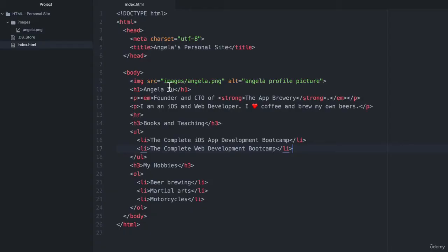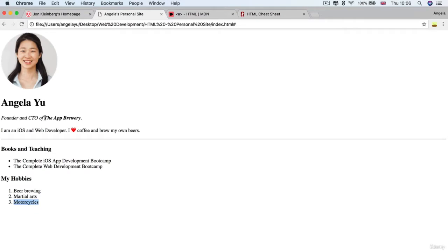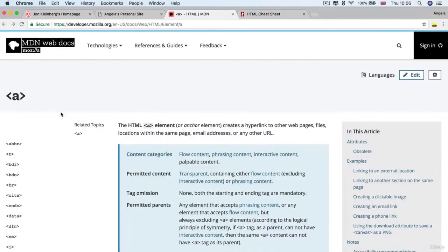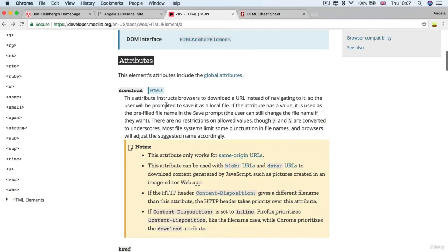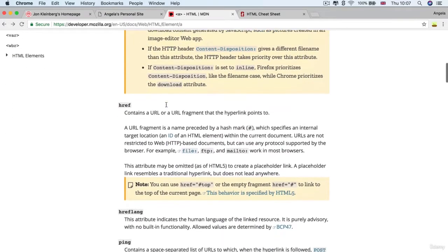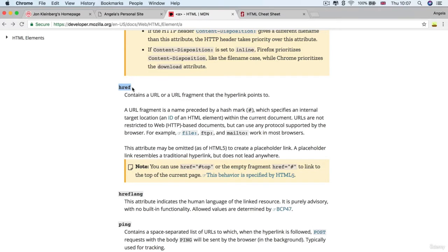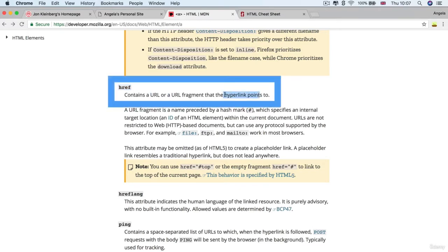So the first place that I want to add a link to is this part where it says the App Brewery. So I'm going to put an A tag or an anchor tag just in front and close the A tag just behind. And if you want to have a look at the structure of the anchor tag, then as you remember, you can always go to the MDN web docs and you can read all about the anchor element and all of its attributes. Now, the main attribute that we're going to be concerned with is the href. And this is a URL that the hyperlink is going to point to, or the destination of that hyperlink. In my case, the destination is going to be